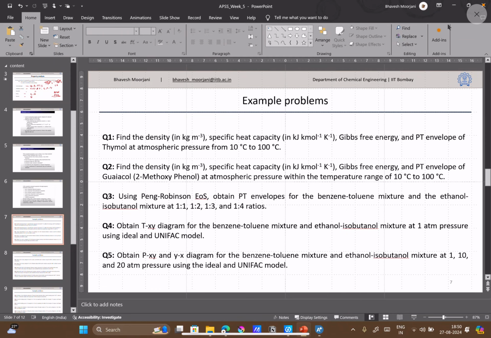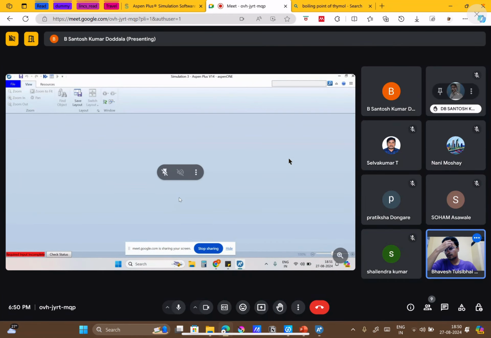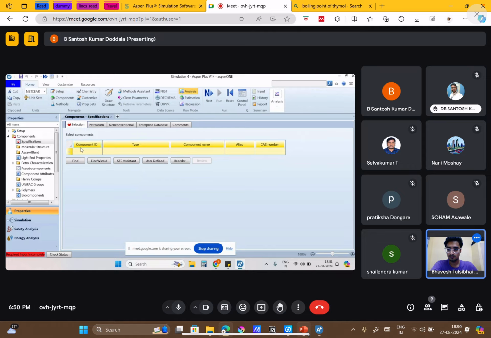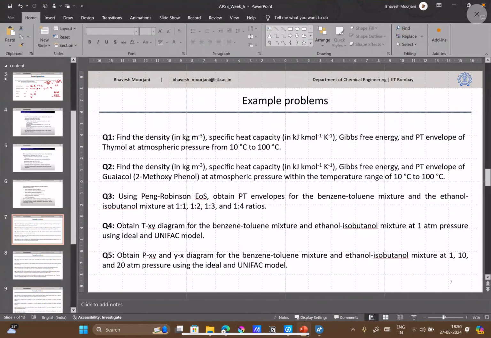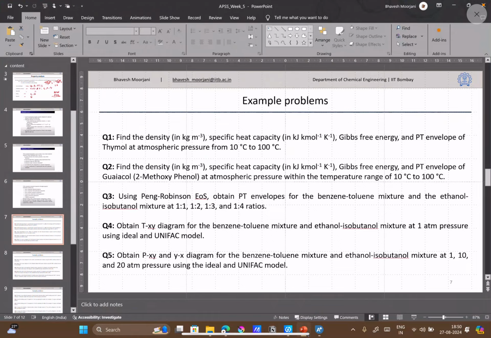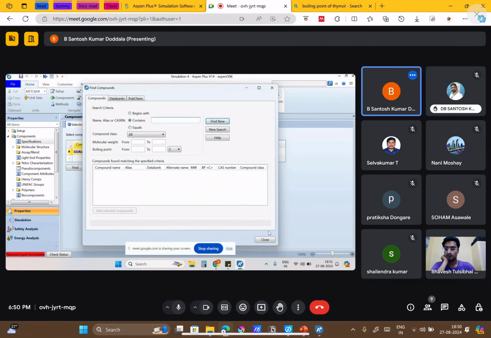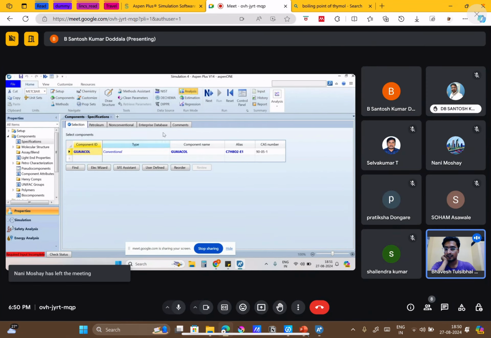So our compound is guaiacol. Yeah, it has added it.